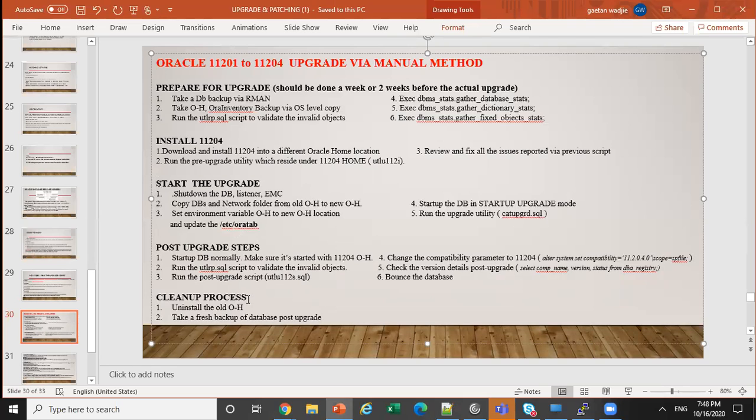Okay. Why are we cleaning up? Because let's assume I'm upgrading from 11.2.0.1 to 11.2.0.4. That means 11.2.0.1 has its Oracle Home, 11.2.0.4 has its Oracle Home. Why will I keep two Oracle Homes? Unless there's another database that's running on this home that won't be upgraded, right? You will keep it. But if the database was the only one on this software, you won't need to keep it, right? So you may need to uninstall the old Oracle Home,